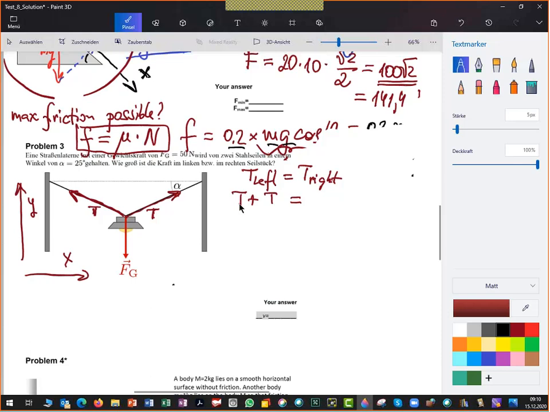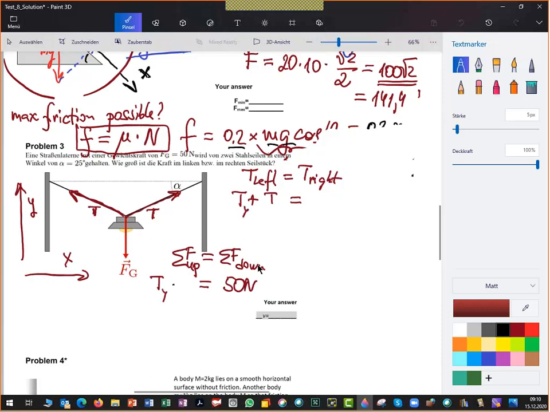Because the sum of all forces acting in upwards direction must be equal to the sum of all forces acting in downwards direction. Why is it so? Because it does not move, right? The only force acting in downward direction is the weight, and it's equal to 50 Newton. That means logically, the Ty